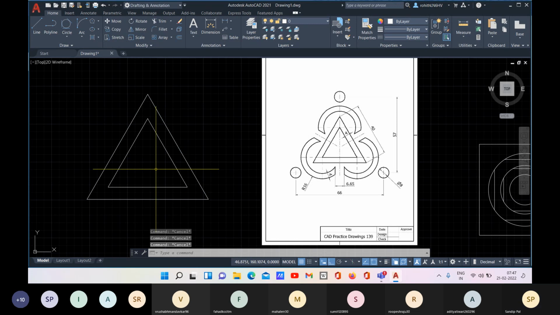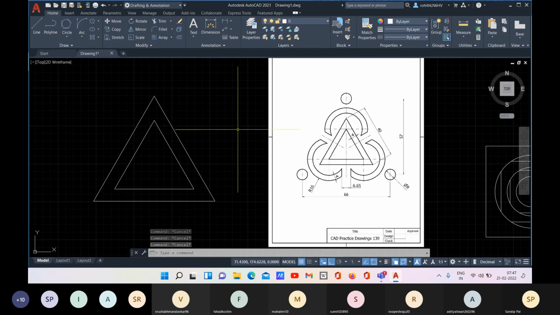Okay. Now you have this. Now you have these, you have like 16, correct? The radius is 16.